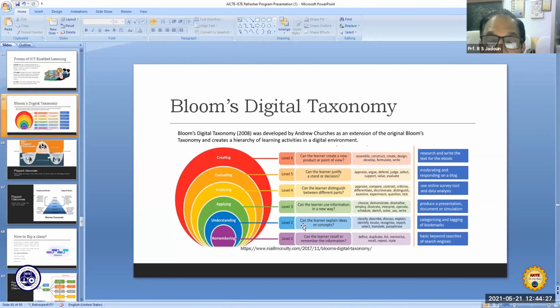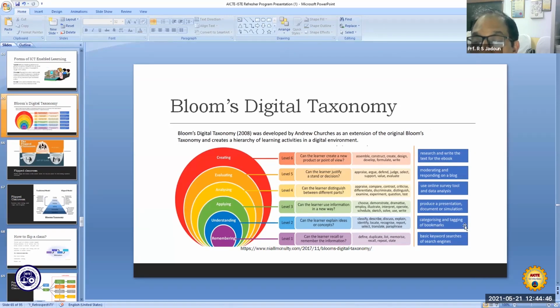In level 2, you see this: can the learner explain the ideas or concepts? Higher level, and here: classify, describe, discuss, explain, identify, locate, recognize, report, select, translate, paraphrase.